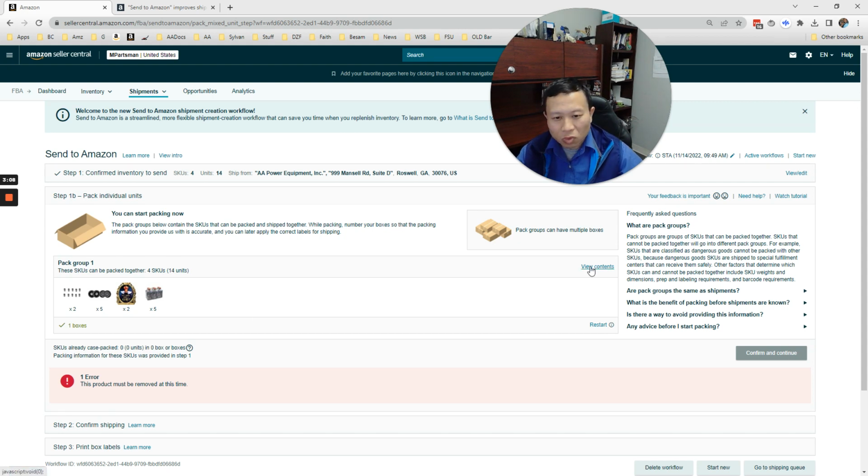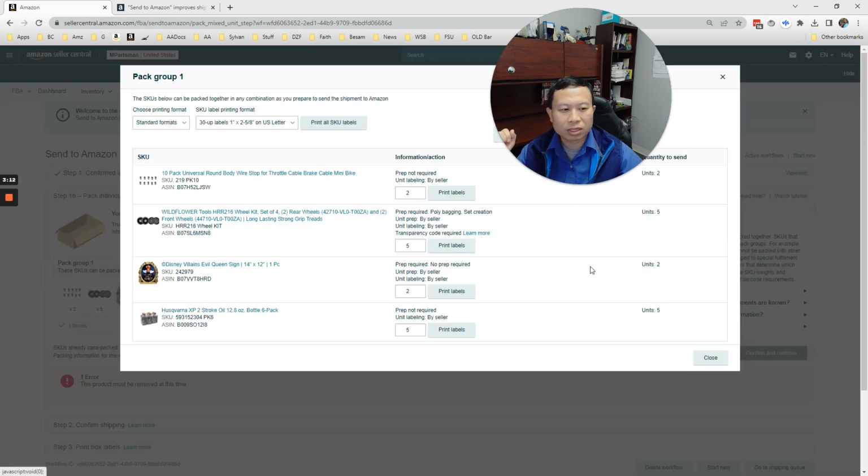So one of the ways the Amazon rep did tell us is to click on this view content, and if you scan it, you may be able to find the problem here. But again, it's a new process, so Amazon hasn't highlighted those problems or told you which SKU it is yet. Ideally in the future they'll tell you which SKU. But